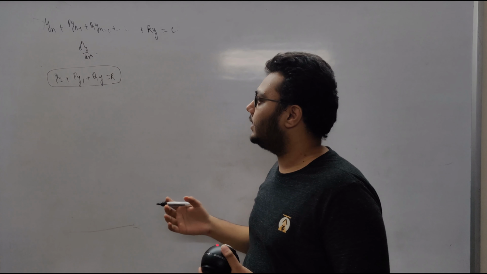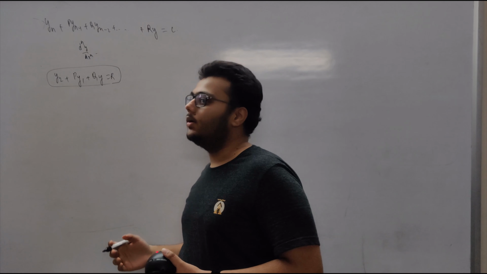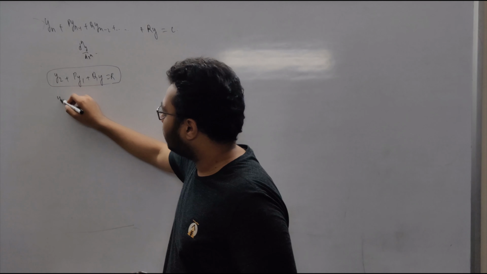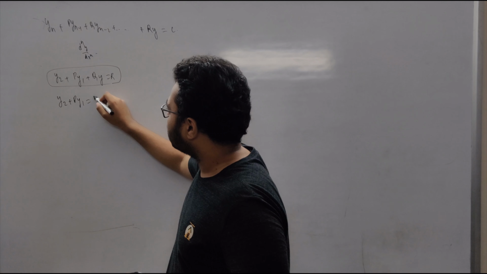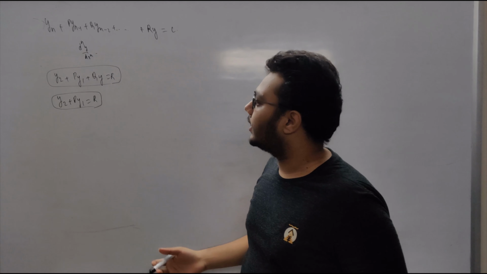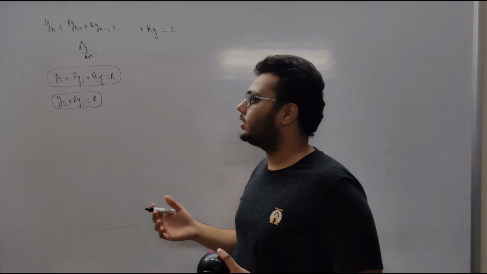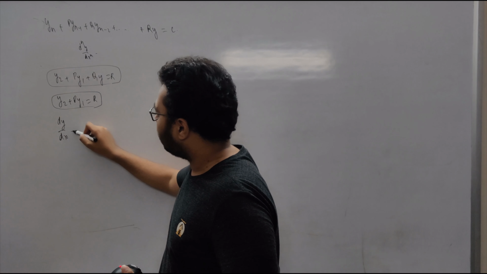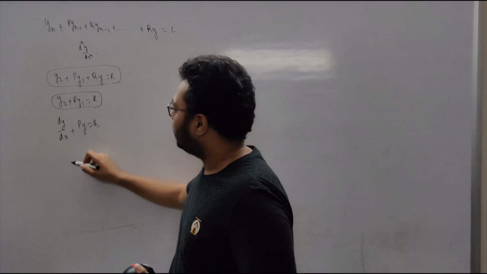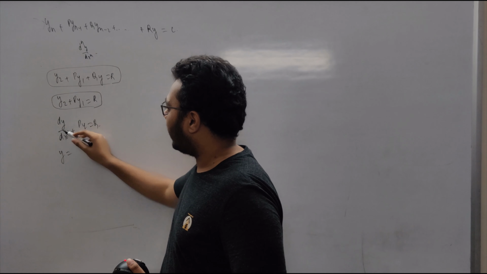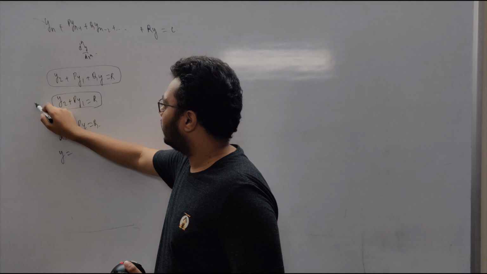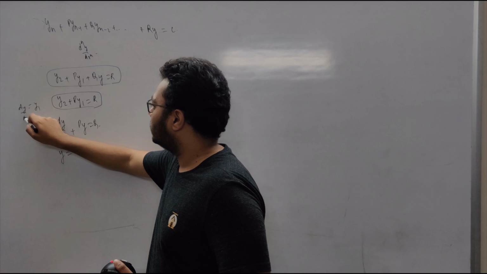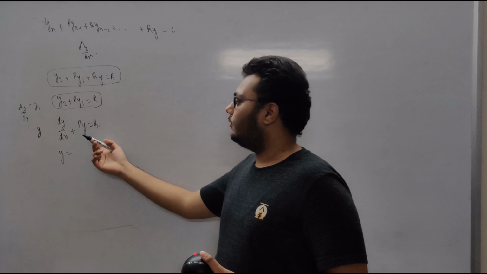So how can we solve this linear differential equation? Notice one thing: if the qy term wasn't there, if the qy term was 0, then y2 + p y1 = r would have been very simple to integrate, because it is exactly the same as dy/dx + py = q. The difference is here the y is y, here the y is y1, and y1 is dy/dx. So that's the only difference. And we know how to solve this equation.